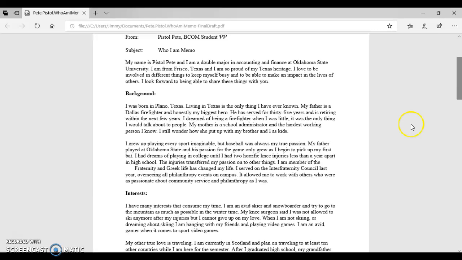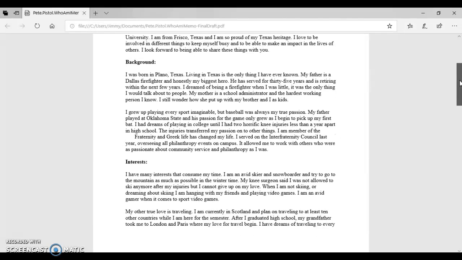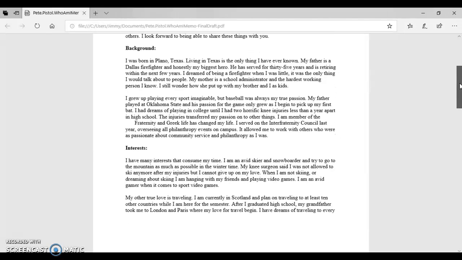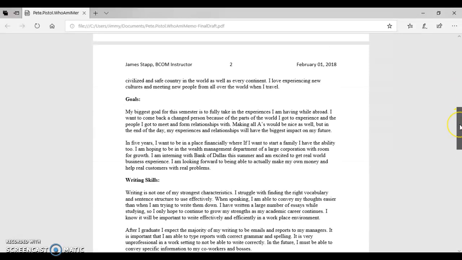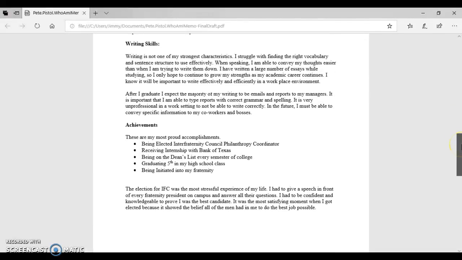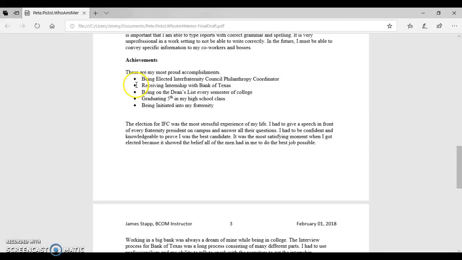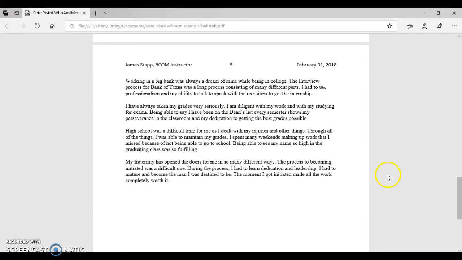But they followed the instructions in terms of the headings, right? They've started to look at the design principles we talked about from chapter 3, where you want readability helpers like headings, where you want short, concise paragraphs, you want bullet points. They followed instructions for the continuation page header, recipient name on the left, which is me, page number in the middle, date on the right. And then they went through and followed the instructions, right? It says specifically what you're supposed to do for each heading. What am I looking for? In the achievements, you're supposed to list at least 5. They did. And then you're supposed to explain those. And they did that as well through 5 short little paragraphs.